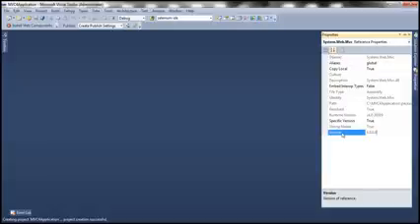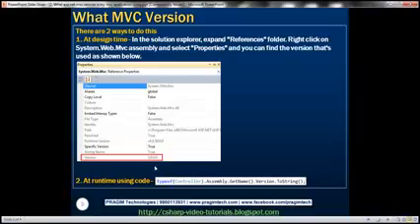Now if I want to achieve that programmatically, is that possible? Absolutely. And this is how you do that. You use reflection. So you look at the controller. We'll talk about controllers in detail in a later video session, but I can use something called controller in MVC, model view controller. C is controller. So controller, and get the type of it, and then dot, I use the assembly property and invoke get name function, and then dot version is going to give you the version of MVC that was used to build this